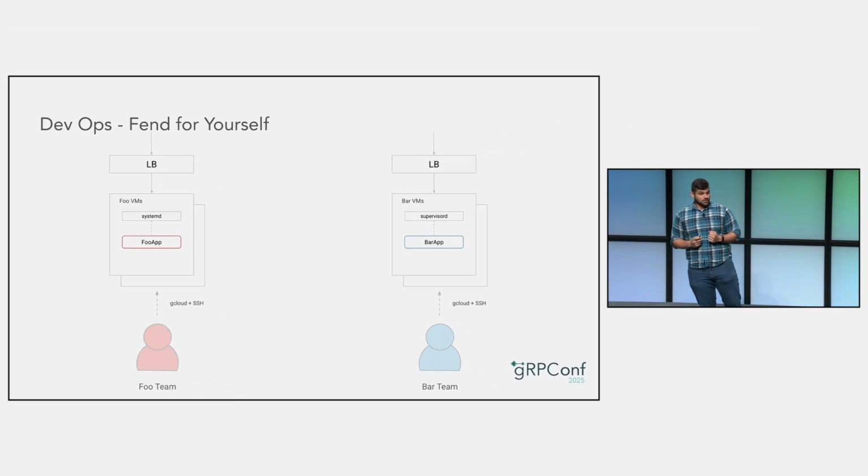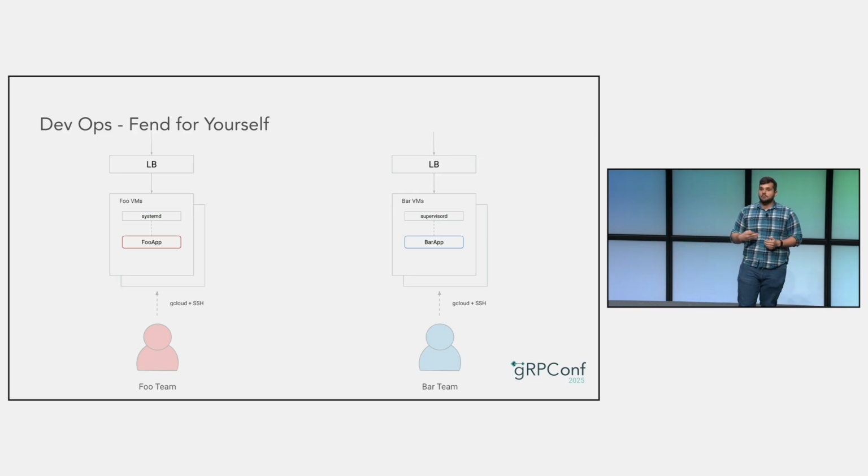So in this diagram, you see 2 feature teams, the foo team developing the foo app and the bar team developing the bar app. Their deployments are completely disjoint, nothing shared other than a billing account or maybe a cloud project. The devs generally just want to get their code out, so they are not spending their time researching the latest and greatest tools for managing your deployments. And so they mostly use a mixture of Stack Overflow gcloud commands and ChatGPT bash commands over SSH. In other words, in this model, every developer also needs to be a sysadmin, tending their perfect personal little garden that they deploy their software to.